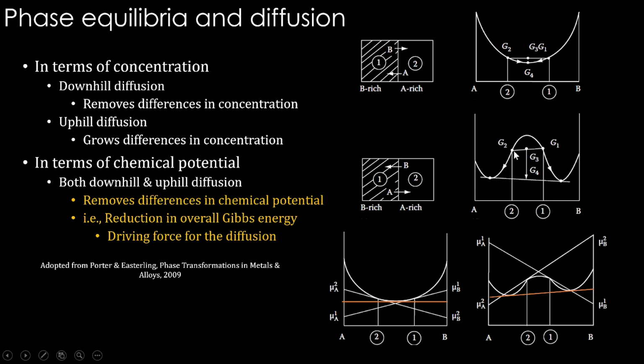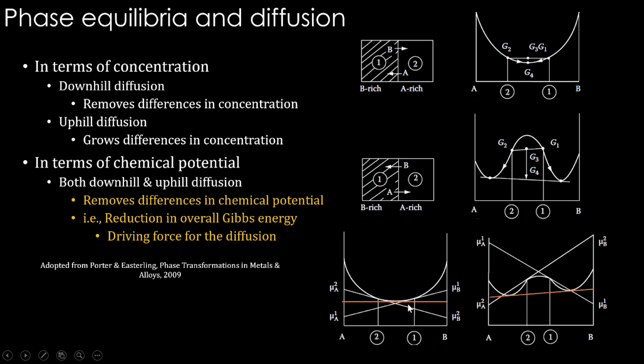Then what happens with respect to time, as this kind of uphill diffusion takes place, Gibbs energies decrease for both the sides. From this average Gibbs energy of two metal pieces, it drops to this Gibbs energy value, where we will have two different phases of these two compositions. So the one with high B becomes even higher in B, the one with low B becomes even lower in B. This Gibbs energy curve tells you the chemical potential becomes equal only when this sort of diffusion happens. That means uphill diffusion happens. So chemical potential we can use to explain this, or Gibbs energy minimization we can use to explain this.